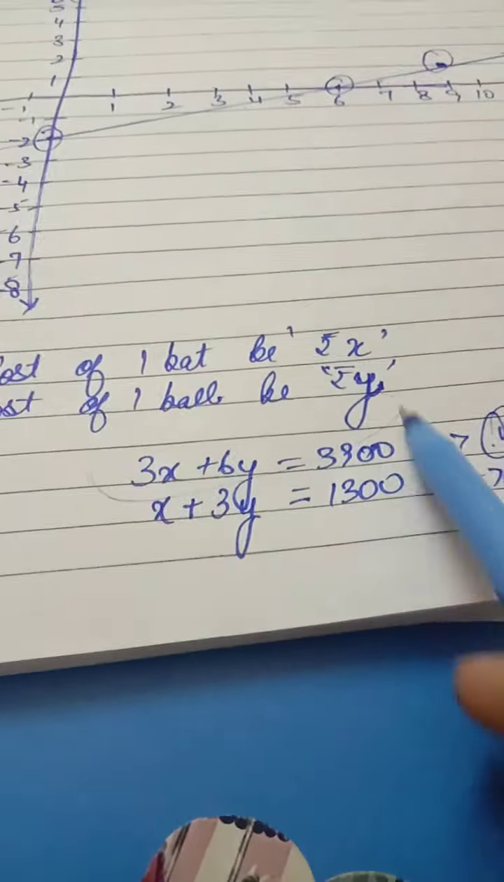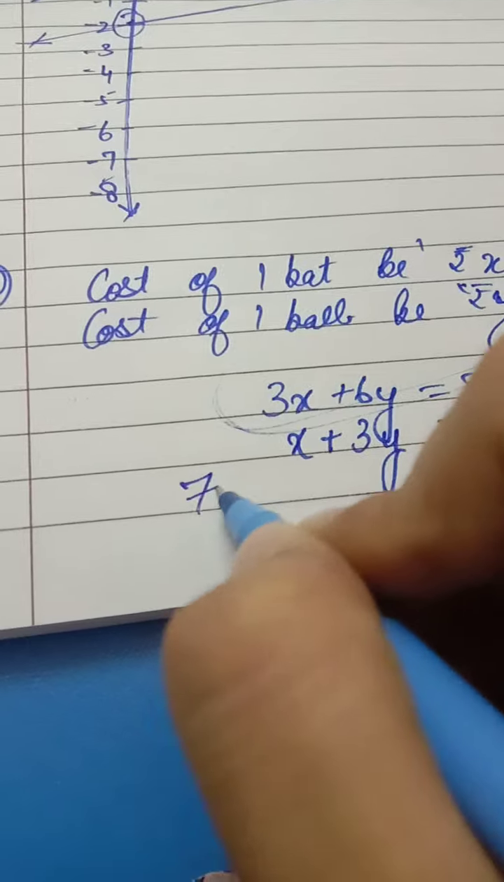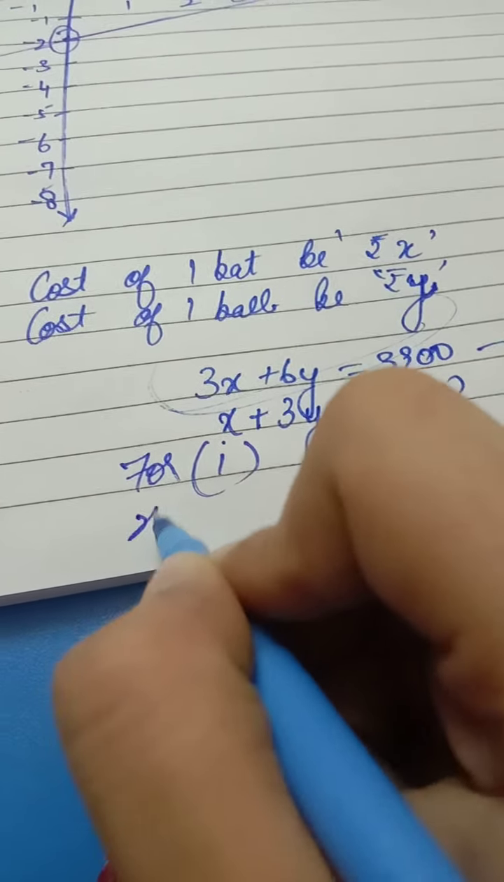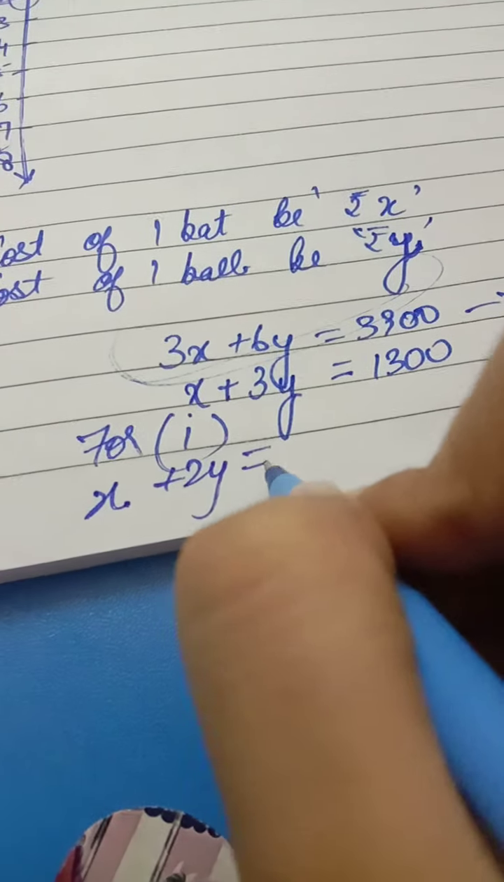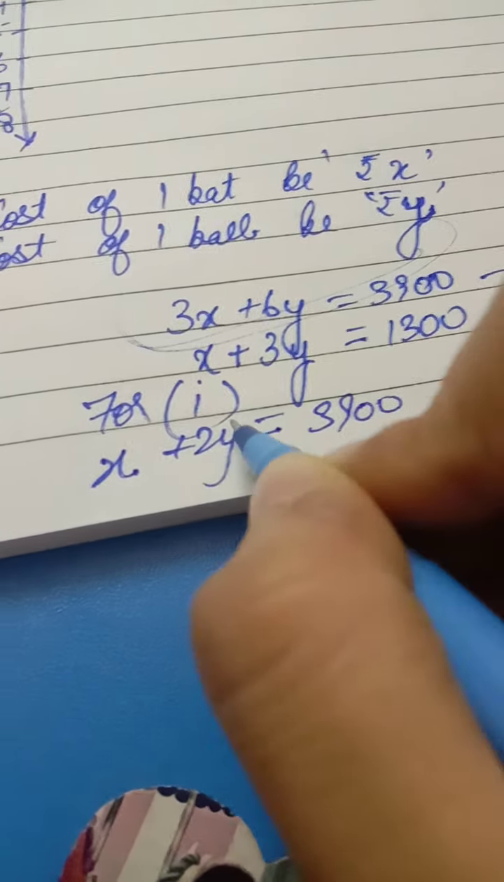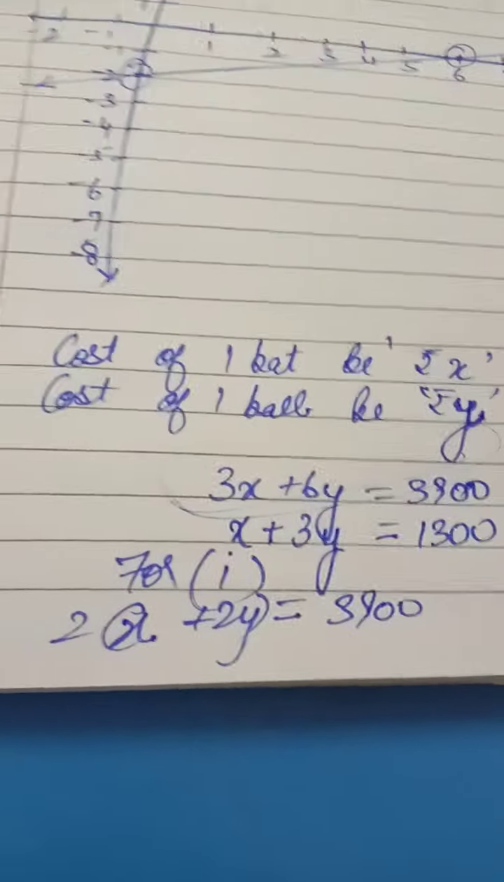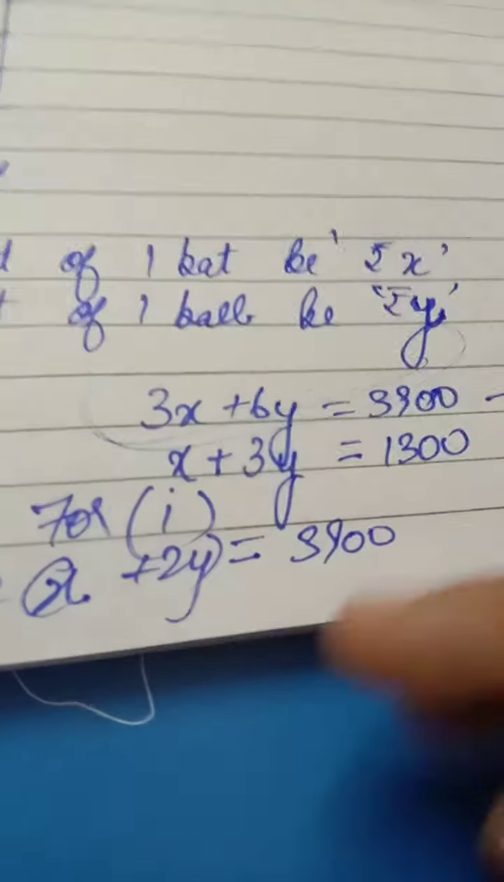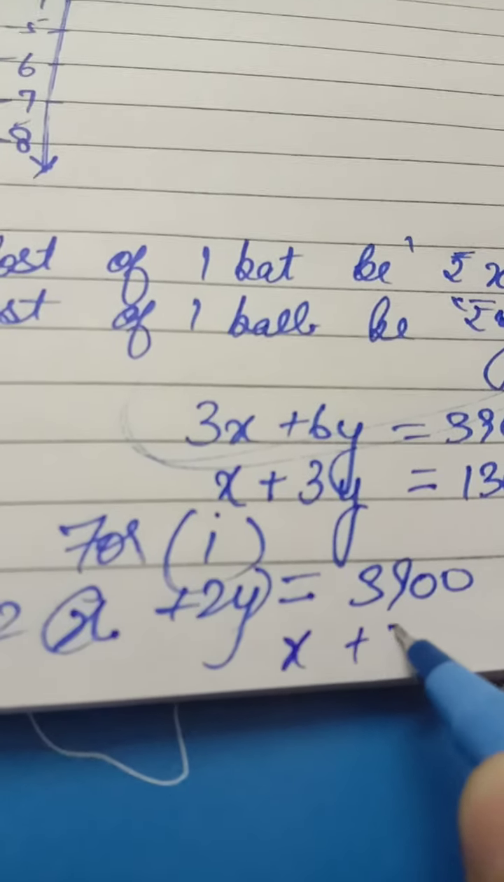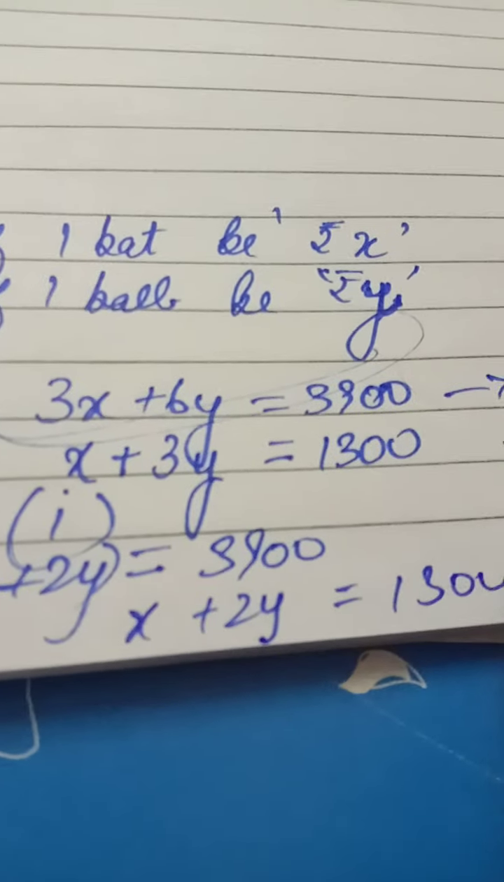First, if we solve the first equation, we'll get x plus 2y is equal to 1,300. How? Right? We get this? If we solve it further, we'll get x plus 2y is equal to 1,300. Right? So we have our 2 solutions, x and y. This is for the first one,